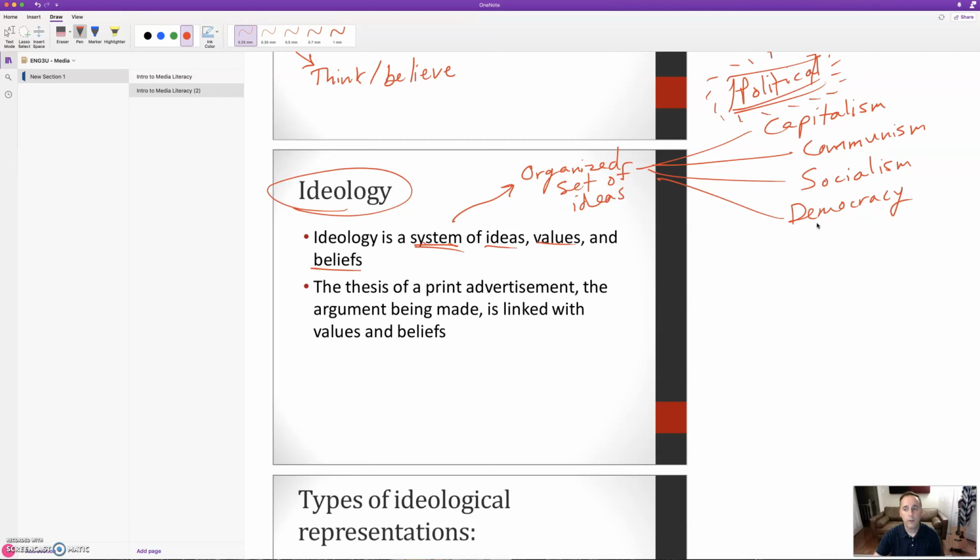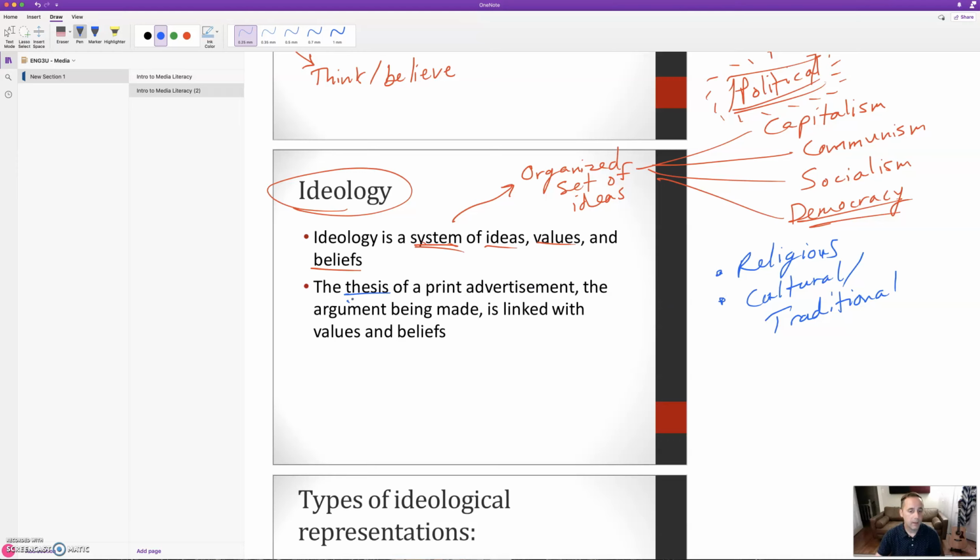Right? They believe maybe democracy is good. Well, remember, these can come in many different spheres. They can be religious ideologies. You might have cultural and traditional values. And so on and so forth. Okay.